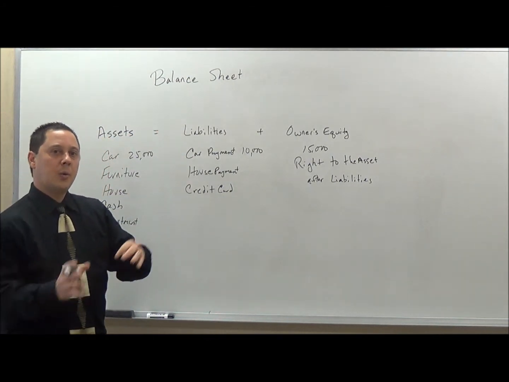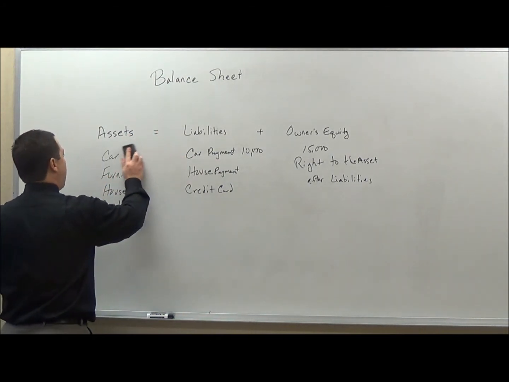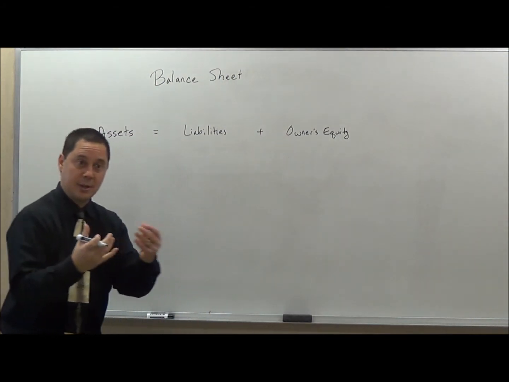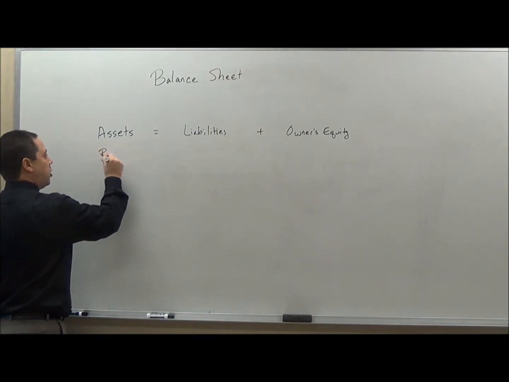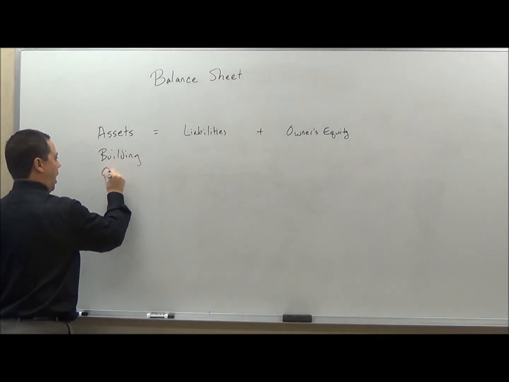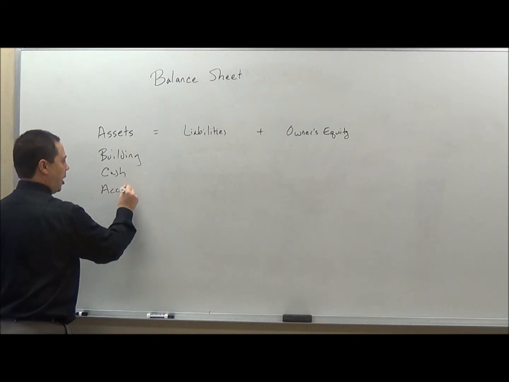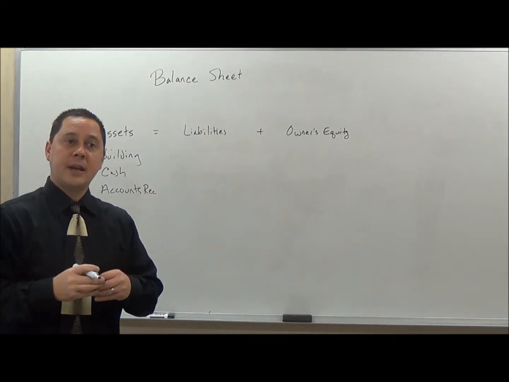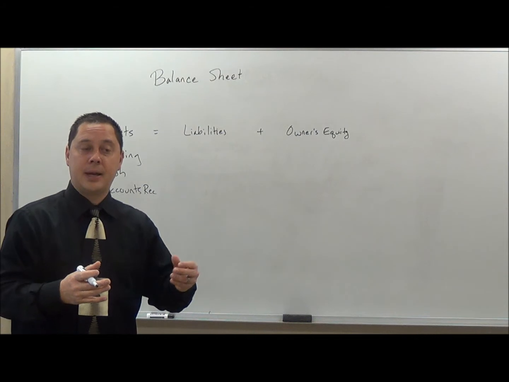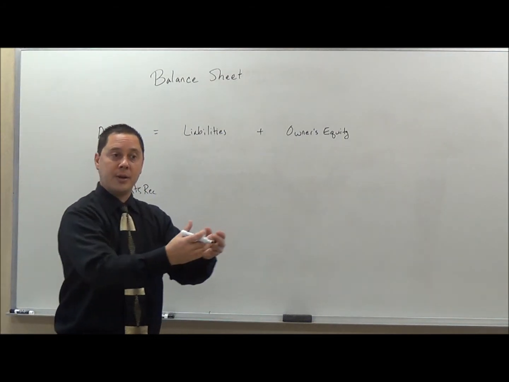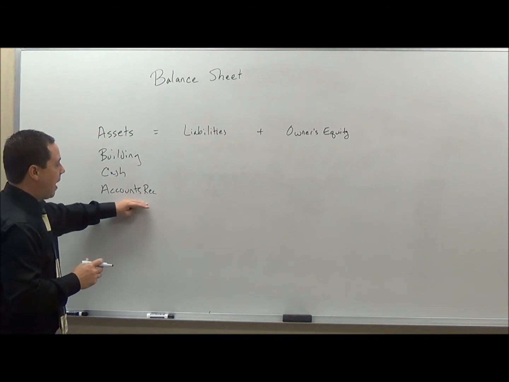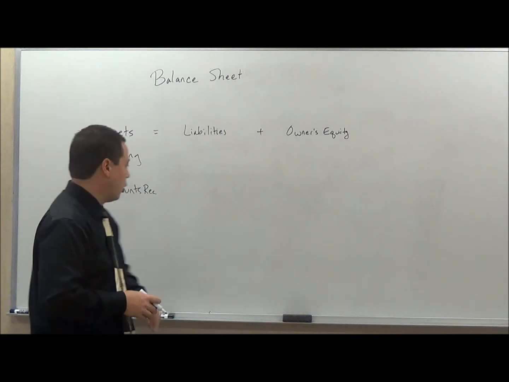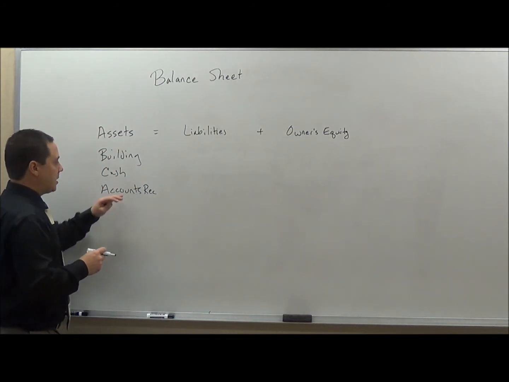But now I'm going to go into what it looks like for a business. The business may have different things as a part of this. Very similar assets, but we may have a building as a part of that. I may have cash. I may have accounts receivable, and I'll just call them receivables. Accounts receivable is where we did something for a customer, so maybe we're a landscaping company, and now they owe us that money. They have that commitment to pay us. So maybe they owe us $50,000 for that job that we did. So that's part of those things.